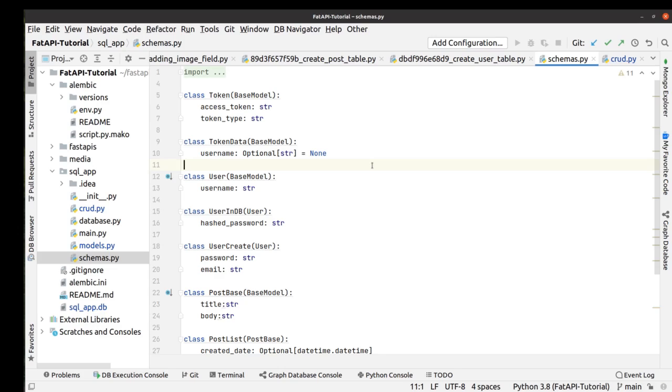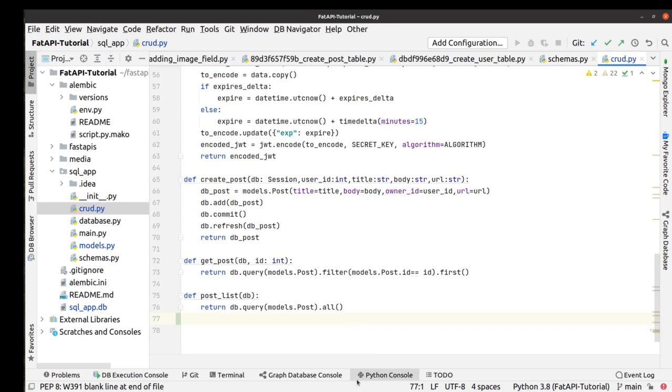Okay, the schemas file has validators, but in this episode I don't want to change or add any validator for our comment. In the next episode we will properly talk about validators and Pydantic and the schemas file, and we will add validators for our comment. Okay. Now we'll go to CRUD and add